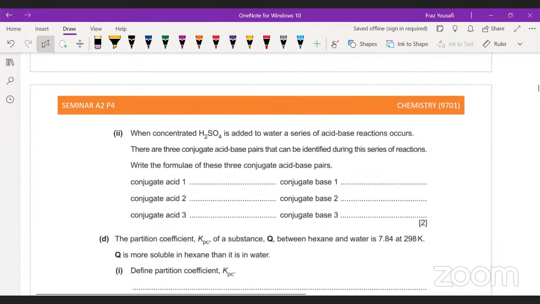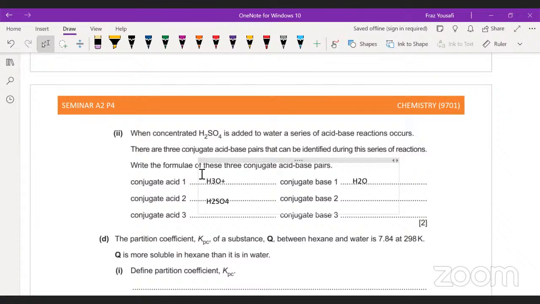Now, mentioning all of these conjugate bases is pretty straightforward stuff. For example, if I were to take H2SO4 and put it into water, there is a bunch of possible conjugate acids and bases I would get. One of those that we need to talk about right off the bat is our H3O plus and our H2O, where the water would act as our base and its ability to accept the proton will turn it into H3O plus. The other ones that you want to look at are going to be this one, all right,